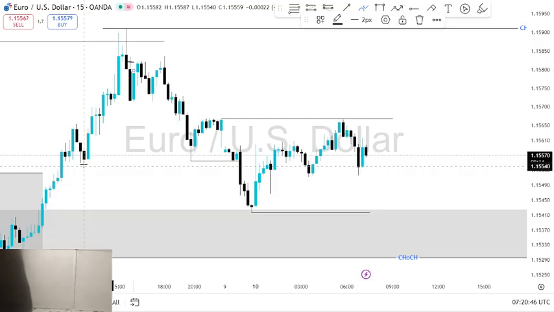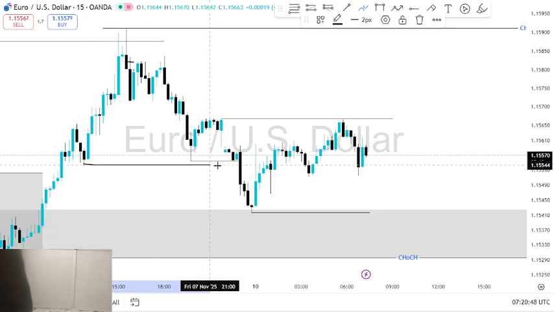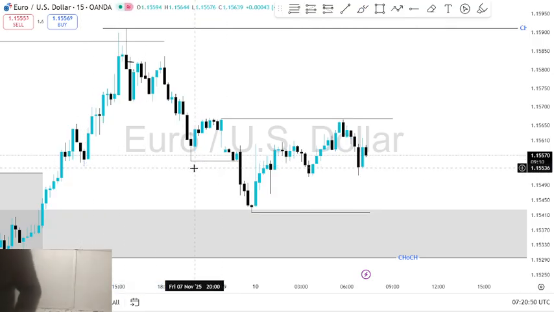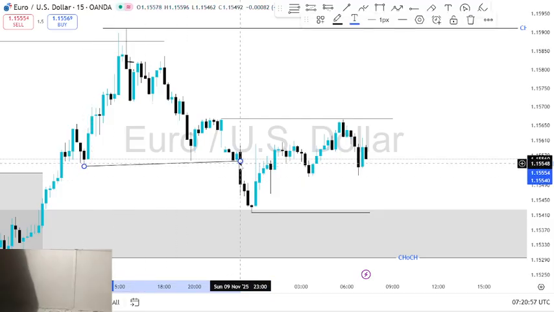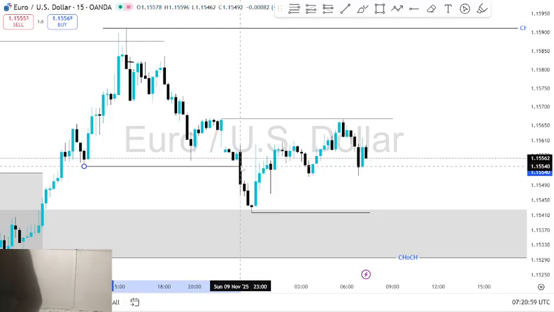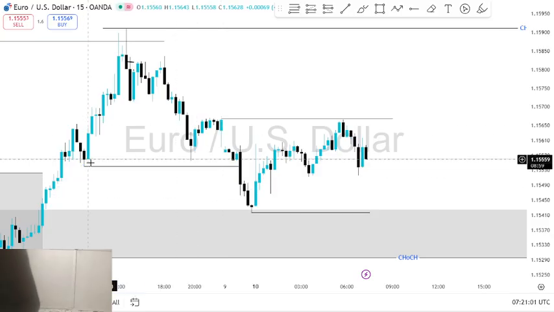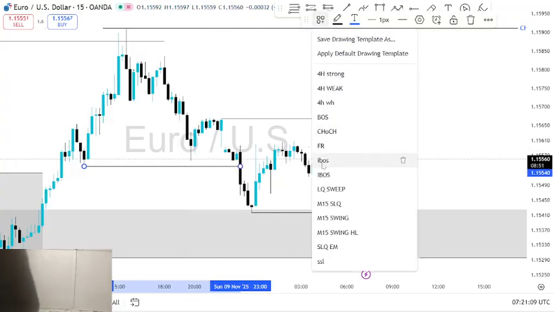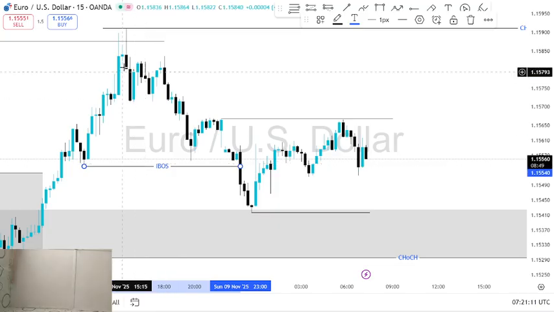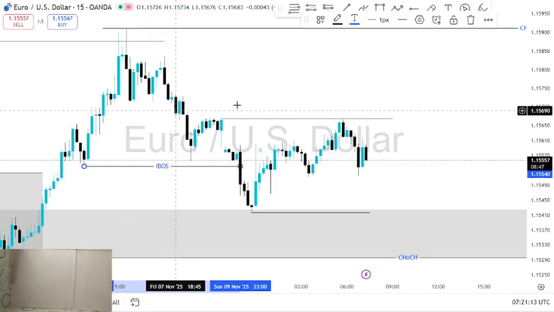Here was my internal structure, and here was the fractal structure. So when the fractal structure switched bearish, when the internal structure switched bearish, what I knew was